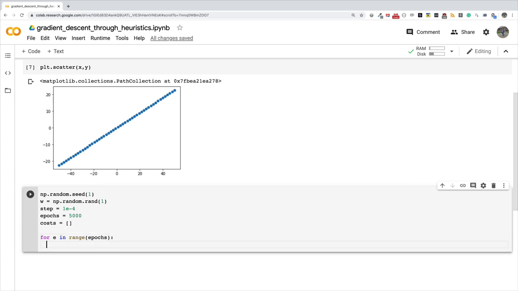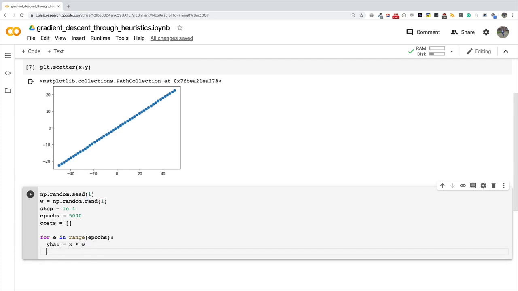okay, we will use the randomly initialized W to come up with our predictions of Y. And so we say Y hat, which is our predicted Y values, is equal to X times W. Okay. Now, the next thing we want to do is we want to evaluate the cost that is incurred. The cost is basically a reflection of how wrong the gradient descent algorithm is because of the current value of W. Okay, so you say cost is equal to np.mean, and then you evaluate Y hat minus Y, and then